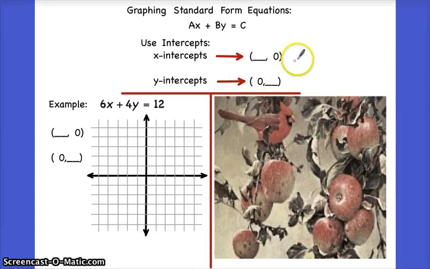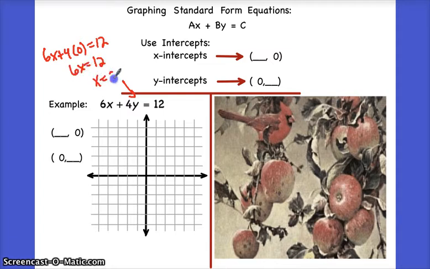Now, the second form of a graph that makes it fairly easy to graph is what's called standard form. So we've got a graph down here that follows this formula, ax plus by equals c. So 6x plus 4y equals 12 is going to be a helpful way to label that graph. Using your x-intercepts, or where your y value would be 0, if I plug in 0 into my equation in here, I basically get 6x plus 4 times 0 equals 12, or 6x equals 12, x equals 2. So I've got a point at 2, 0